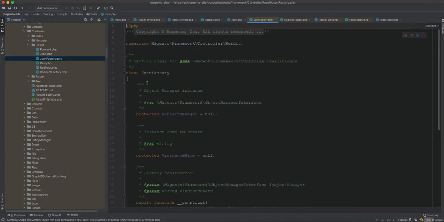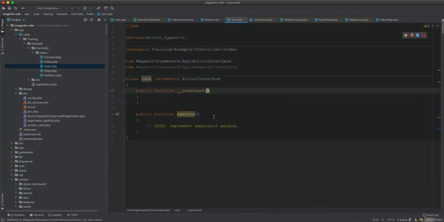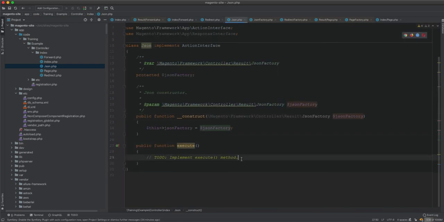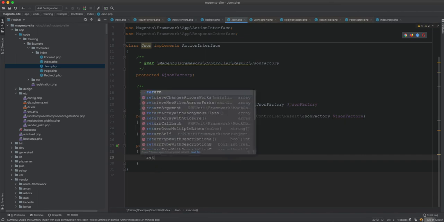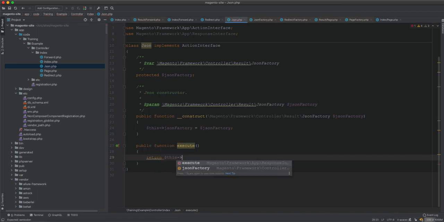We would look for JSON factory. And return this JSON factory create